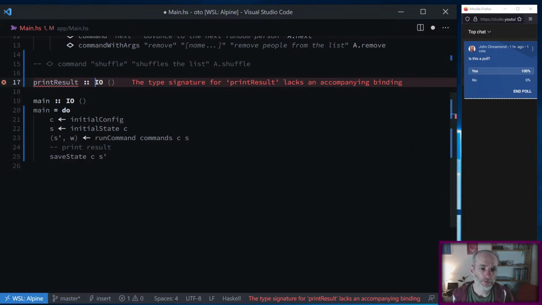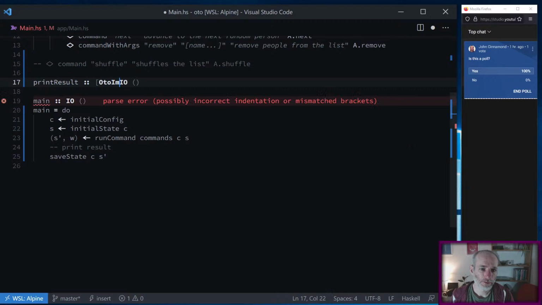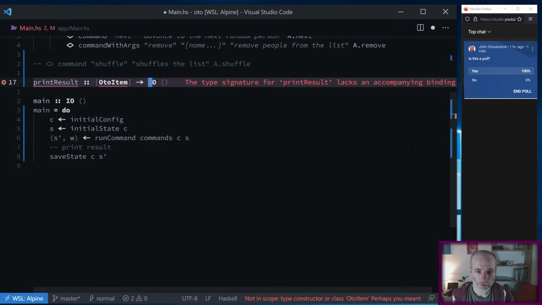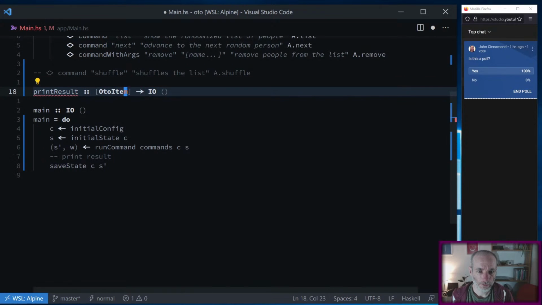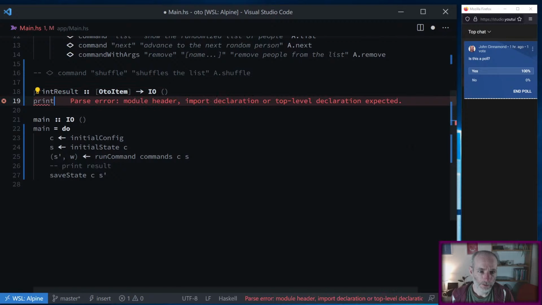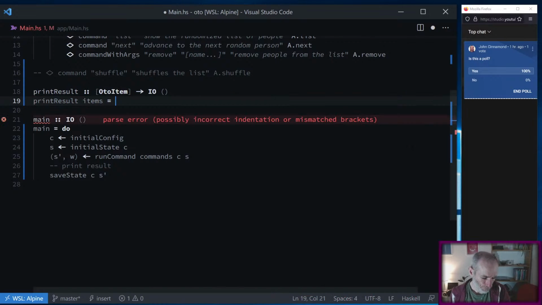It's going to be given a list of auto item, and it's going to run under IO. Import that. So now we can say result items is